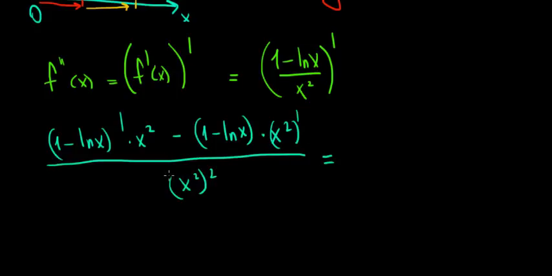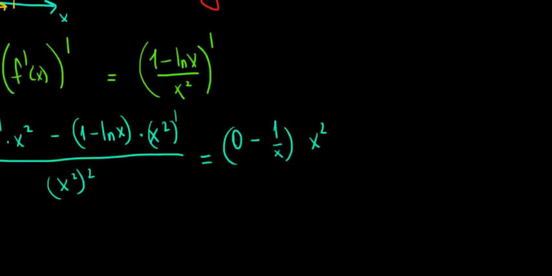Okay, let's keep solving. What is the derivative of 1 minus ln of x? The derivative of 1 is 0, and the derivative of ln of x is 1 over x. So 0 minus 1 over x, multiplied with x squared. Okay, let's keep going. Minus